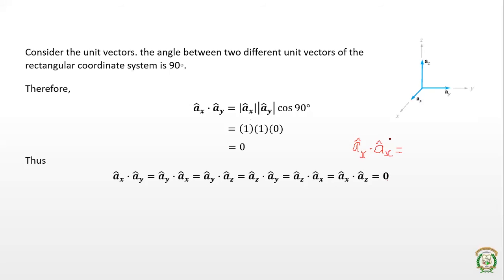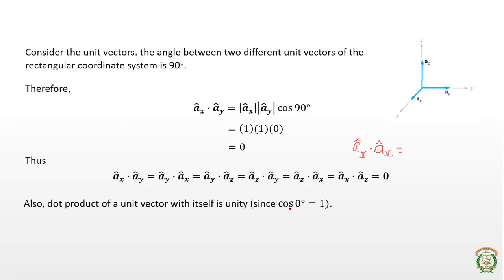Can anyone tell what is ax dot ax, or ay dot ay, or az dot az? What will that be? Yes, square of magnitude. Magnitude of unit vector will be 1. Okay, so what will be the square of 1? 1 itself, right? So that means a unit vector dotted with itself will yield 1, because